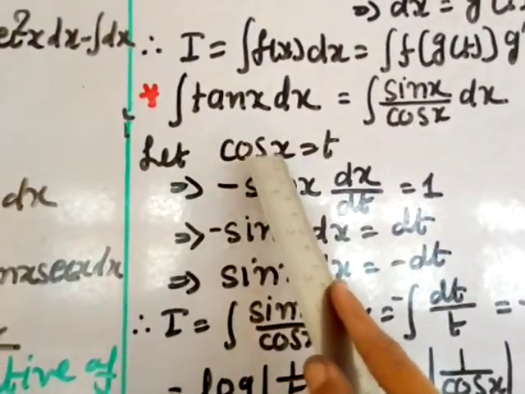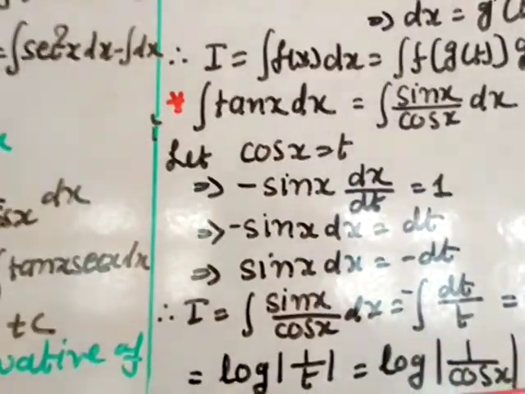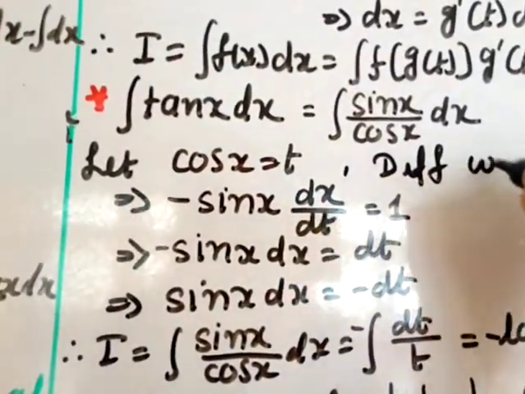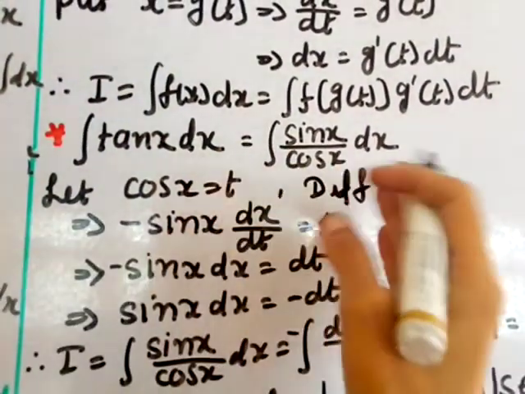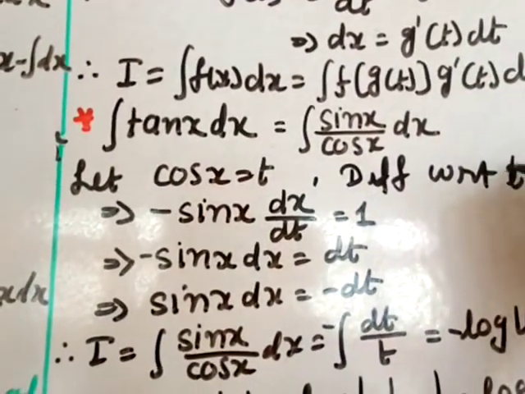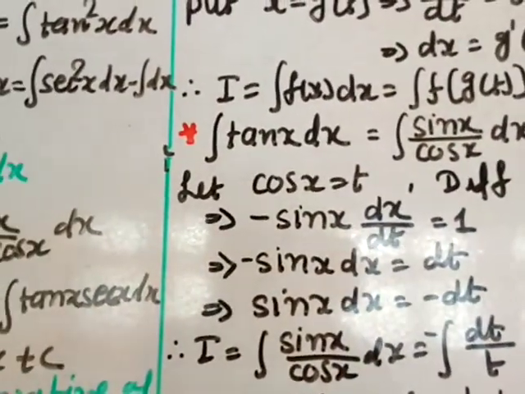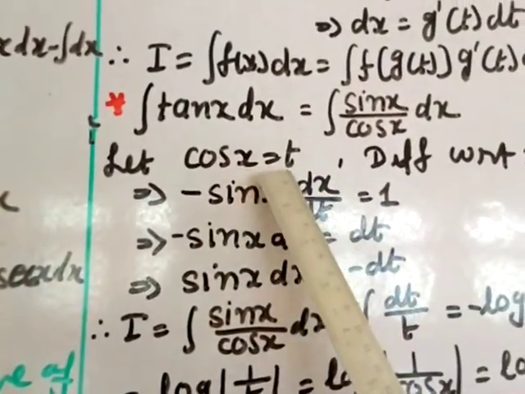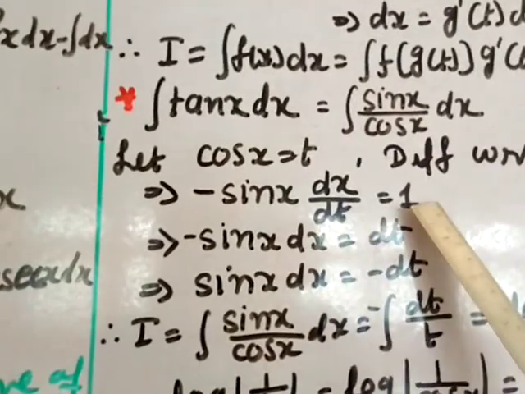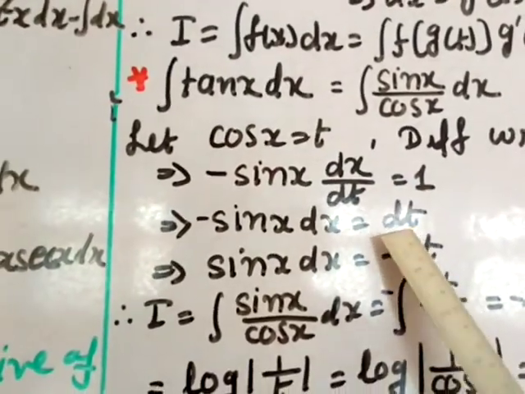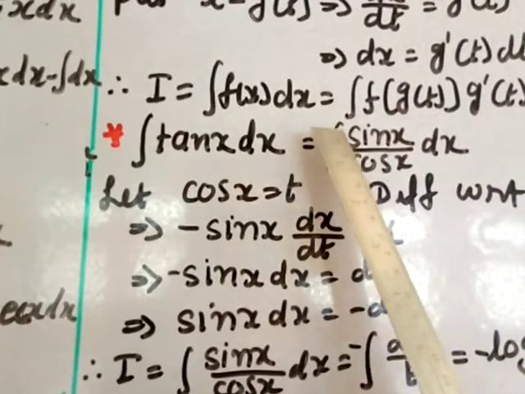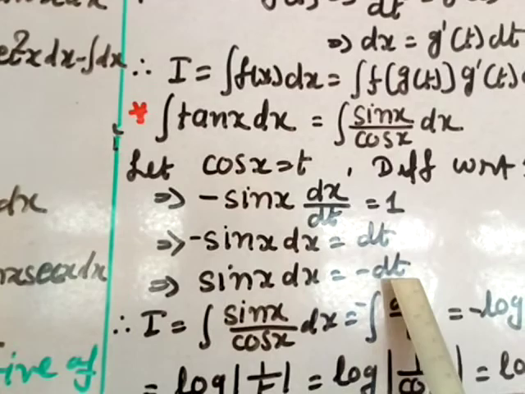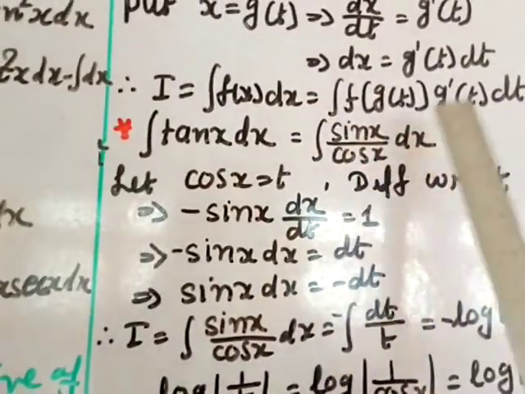So differentiate first. Differentiate cos x: minus sin x. Let me write that. Differentiate with respect to t both the sides. So when you differentiate, cos derivative is minus sin x, and x with respect to t is dx by dt, and t with respect to t is 1. Transfer dt here, dt into 1 is dt, so I write dt here. Then look in your question, here you don't require the negative sign, so this negative I am also transferring here. So sin x dx equal to minus dt. Sin x dx is there, so I am not changing that.